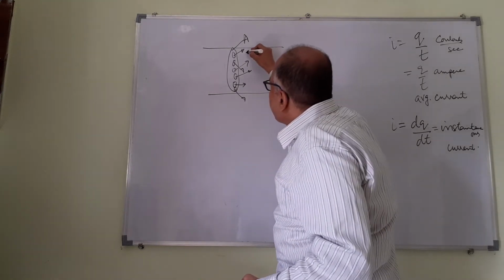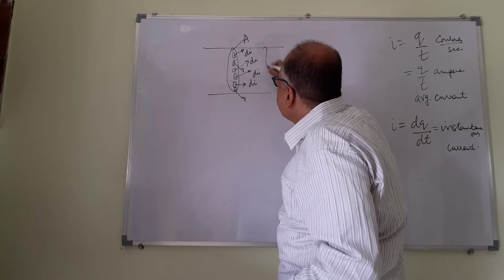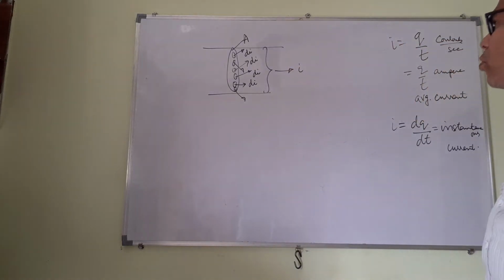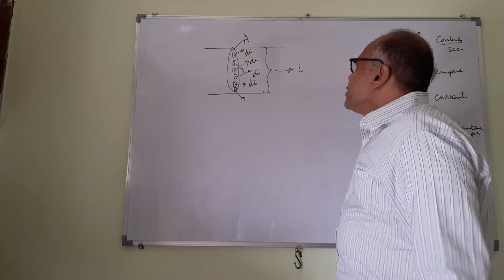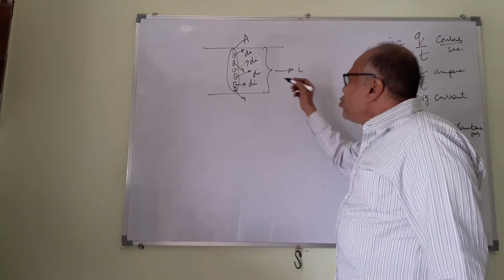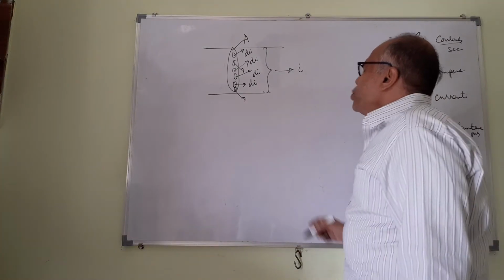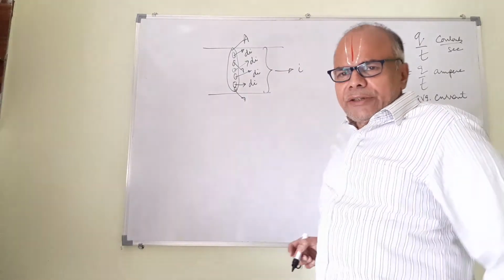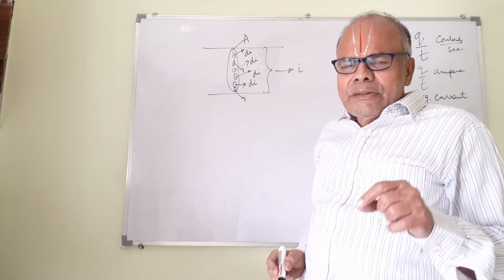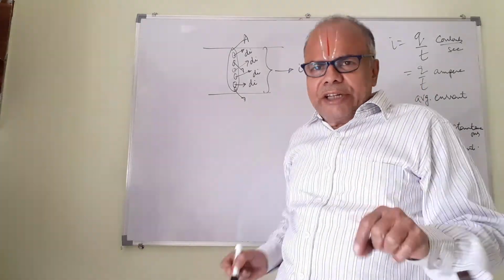So we can call all this di, infinitesimal current. All these add up to I. So therefore, we find that we cannot treat current as a vector, because it doesn't have a unique direction. But there is a necessity to define current or some other similar quantity as a vector.